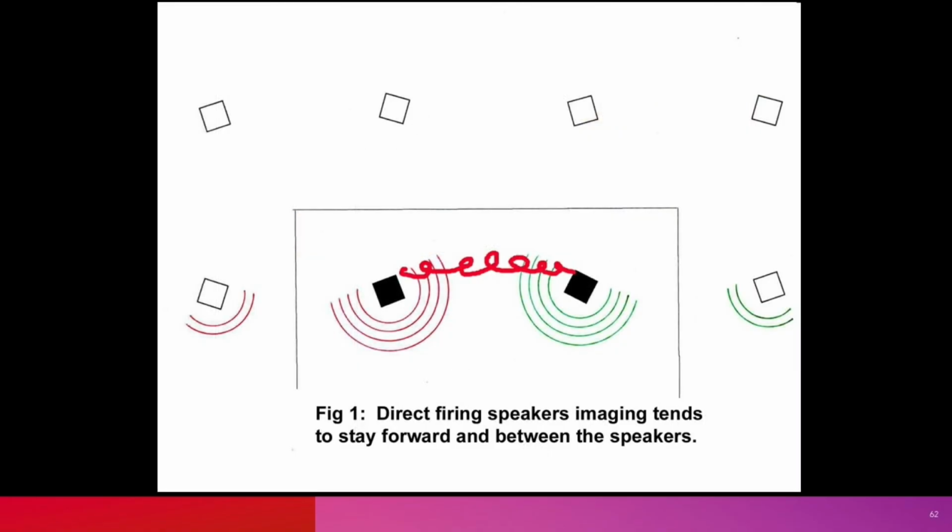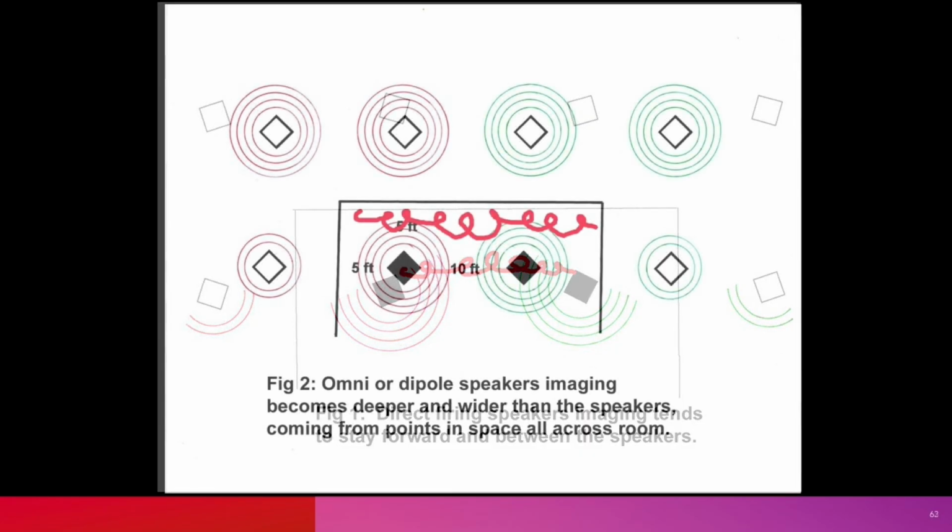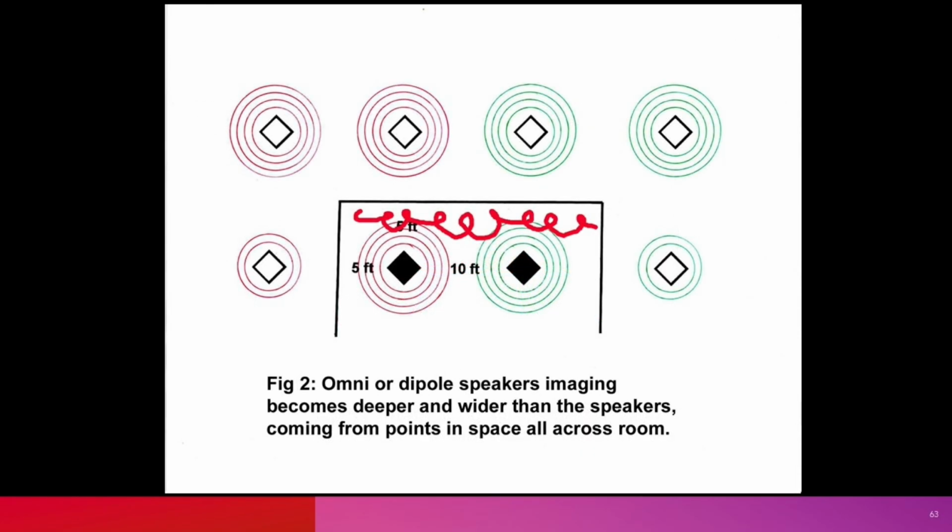The result is, if you had only box speakers, the imaging tends to be like this. If you have more omnidirectional speakers, it tends to image in a plane behind the actual speakers and from wall to wall in the front wall. And that is because of these extra sources, especially if they have more output to the rear than to the front. Sound familiar?